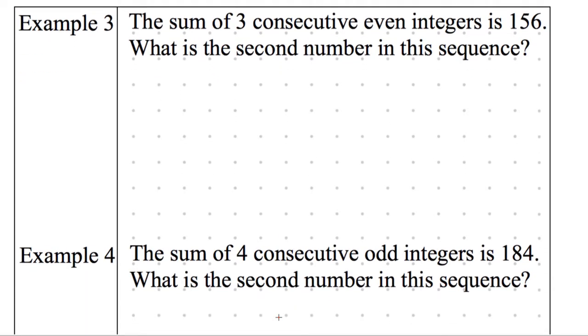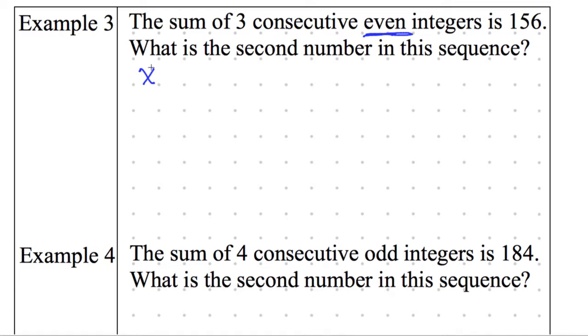Actually, maybe we should do example 3 together. I just want to set up example 3, but then you can solve it on your own. So example 3, I know that my first number is going to be x. I always just like starting with my first number as x. And then what is my next number going to be? It's not x plus 1. I'll tell you that hint right now. It's not x plus 1 because we have this addition. It's even numbers. So for example, 2, 4, 6, 8.